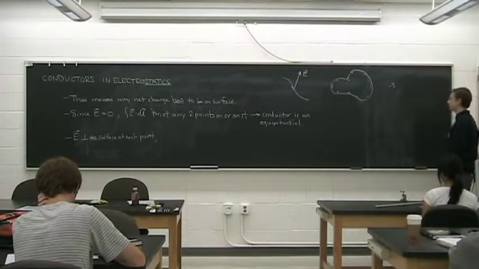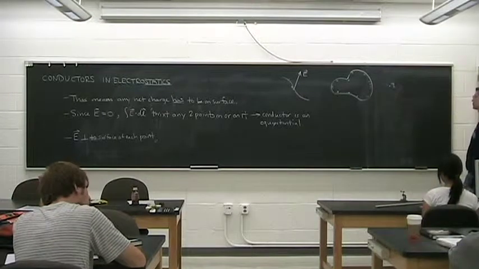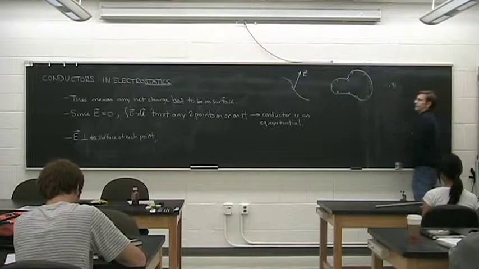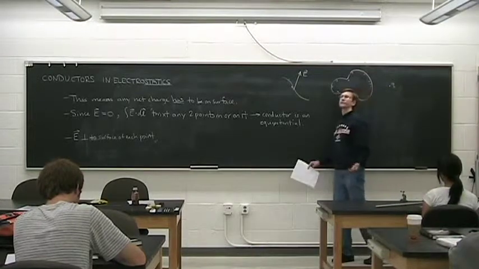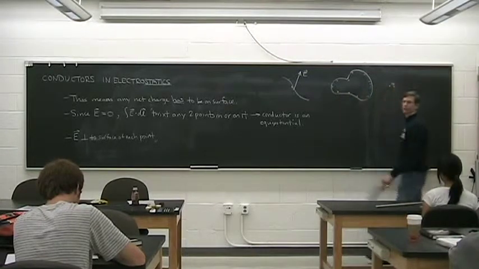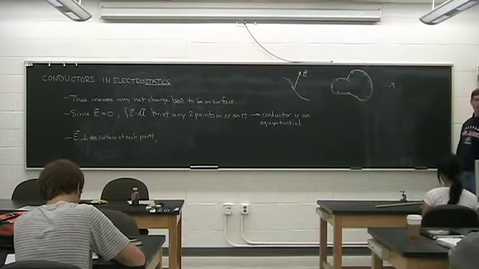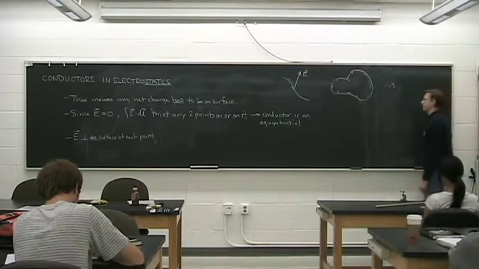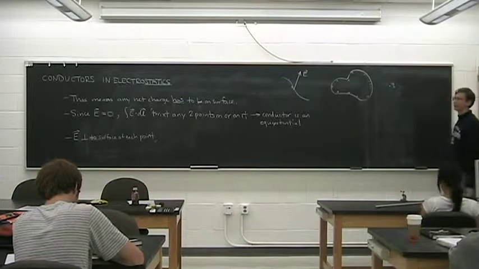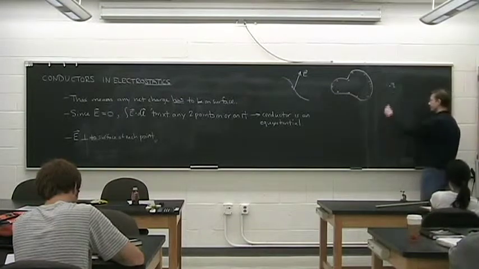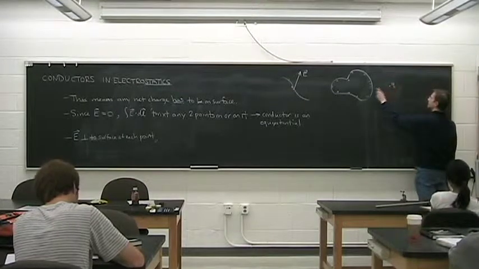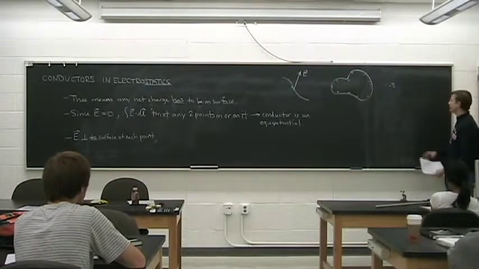But in general, take a conductor which is electrically neutral overall, put a charge outside of it, and the conductor polarizes. In other words, negative charge moves to one side of the conductor, positive charge to the other. So the conductor becomes polarized. And also, there's going to be a force of attraction between Q and the conductor, because Q is repelling